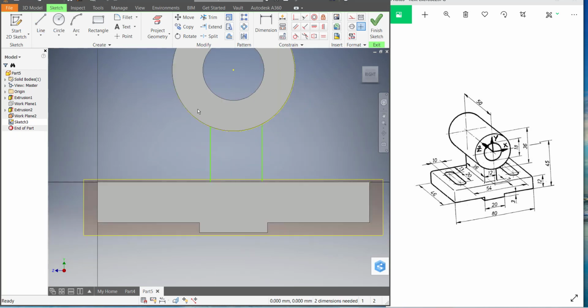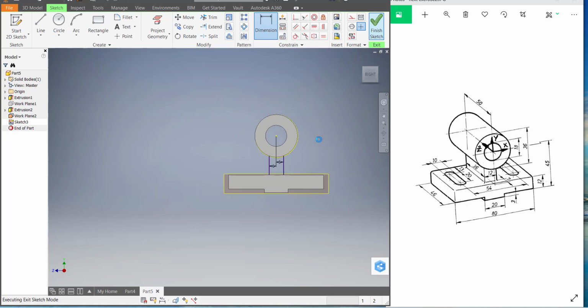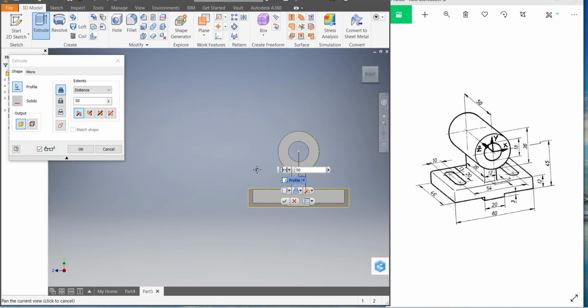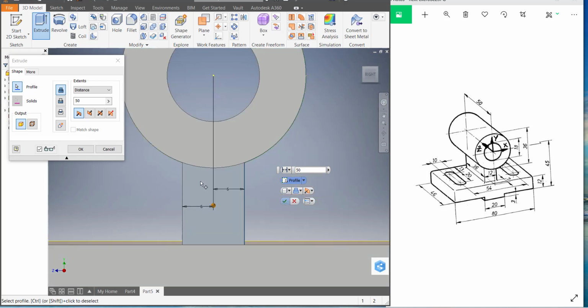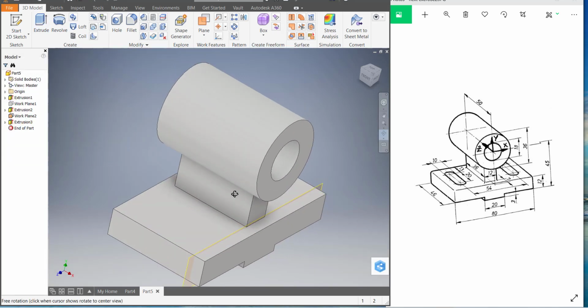Okay, now dimension, this is 6 millimeter, this one also 6 millimeter. And now finish sketch, go to extrude, click on this, and the distance is flip direction, distance is 36 millimeter. And okay,